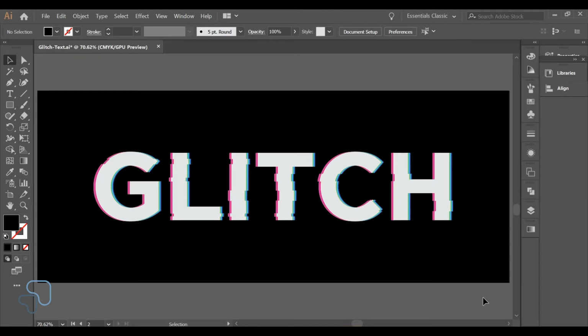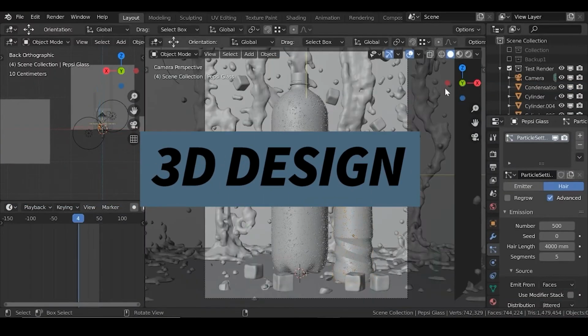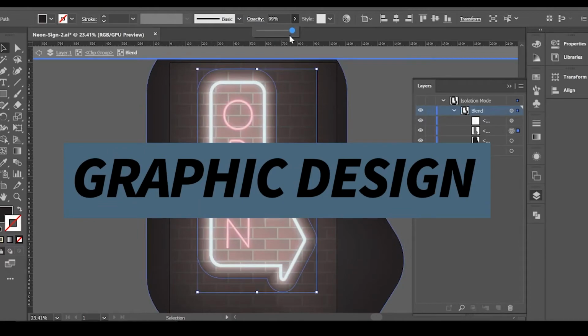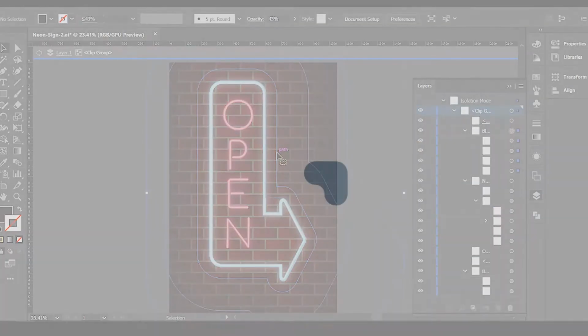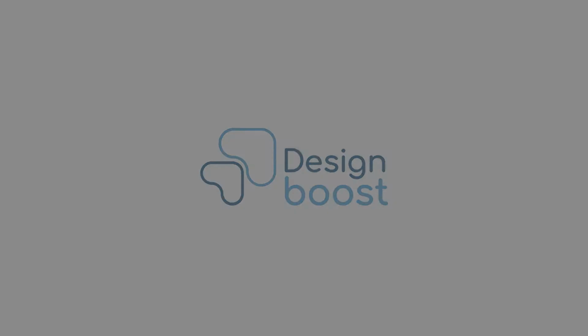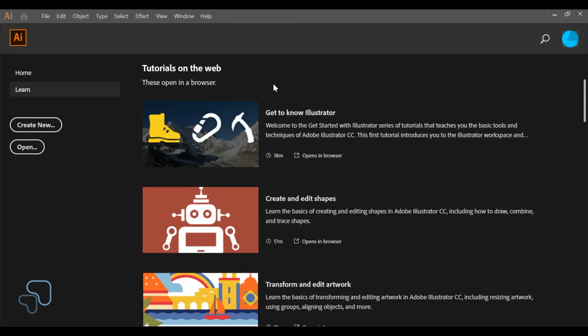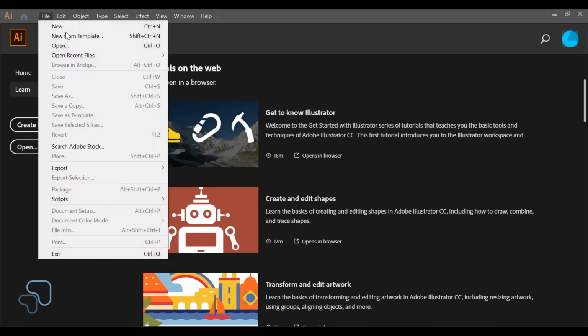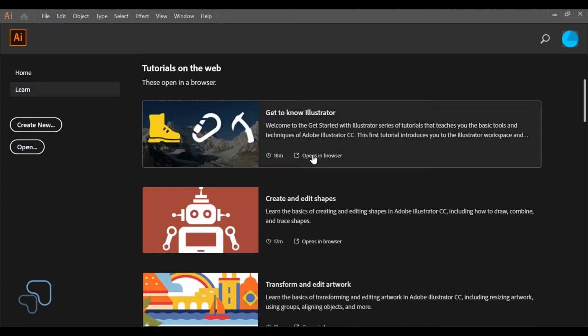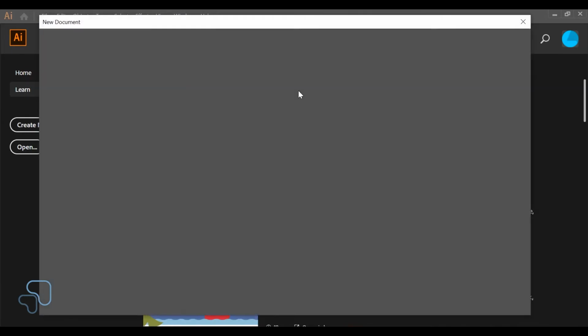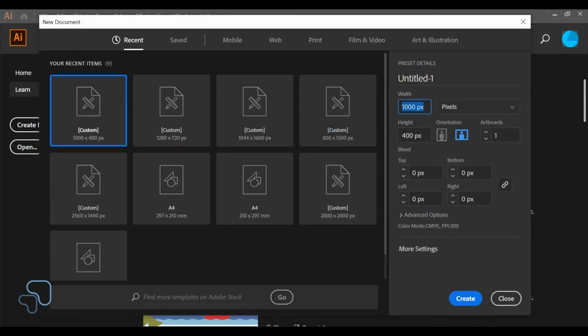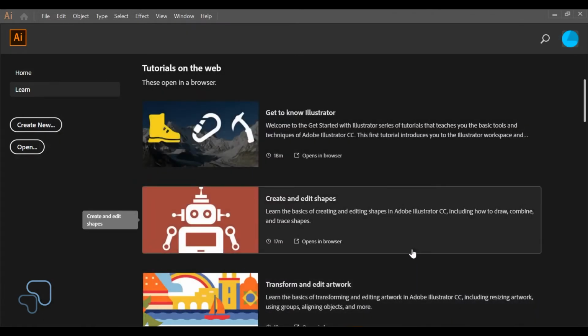Today I'm going to show you how to make this glitchy text in Adobe Illustrator. So we're going to start by going to File, New, and we're going to create a document that is 1000 pixels wide and 400 pixels high. So if you click Create,